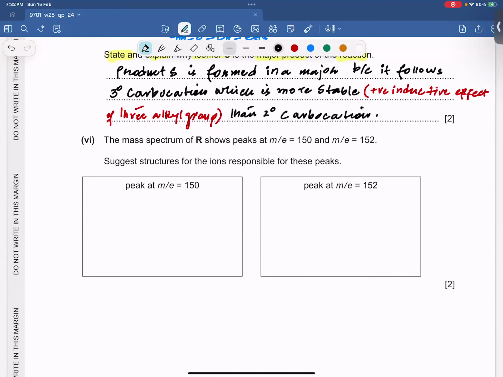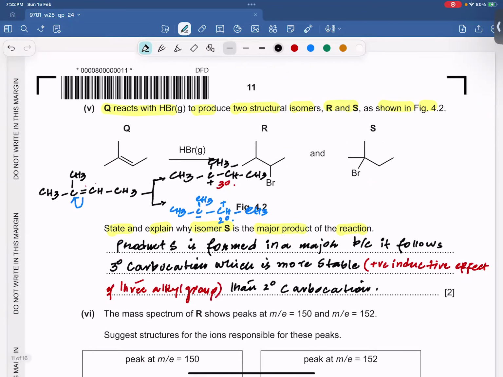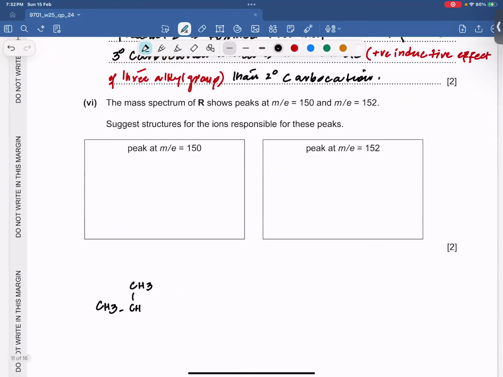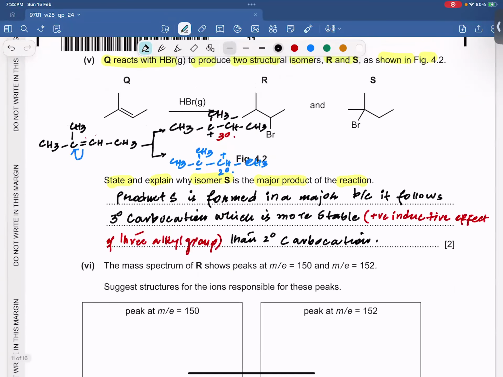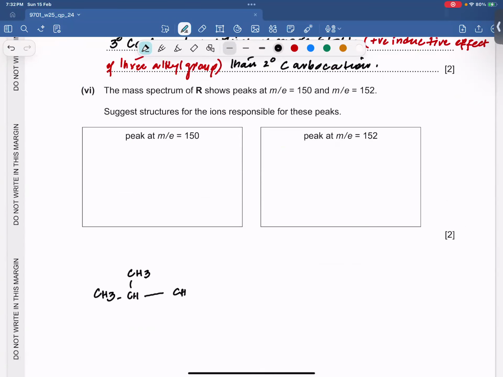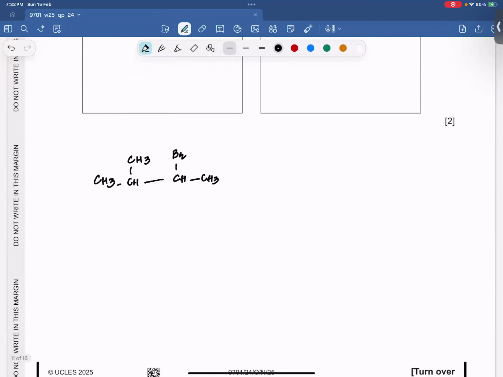So the structure for the ions responsible are, this is R, CH3, CH, CH3, this is CHBr, and this is CH3. We know bromine has,